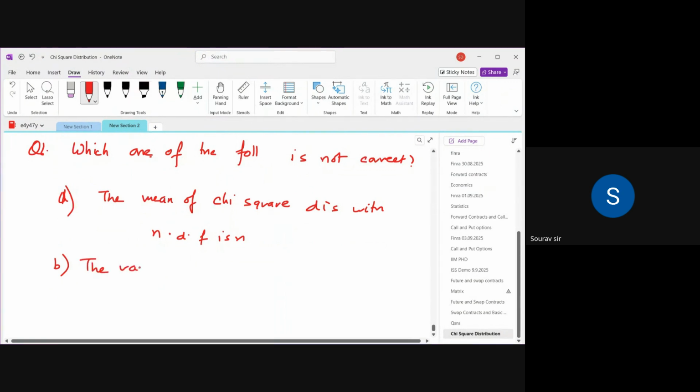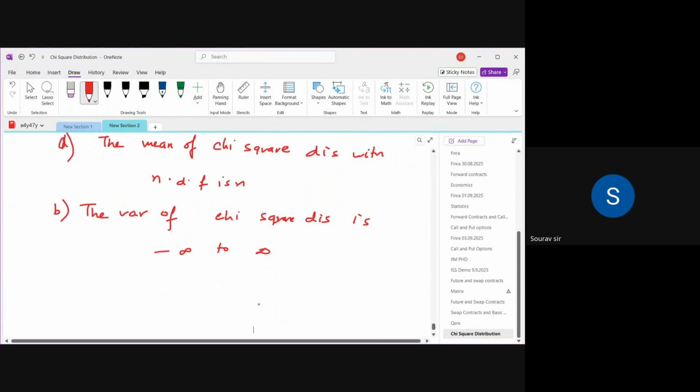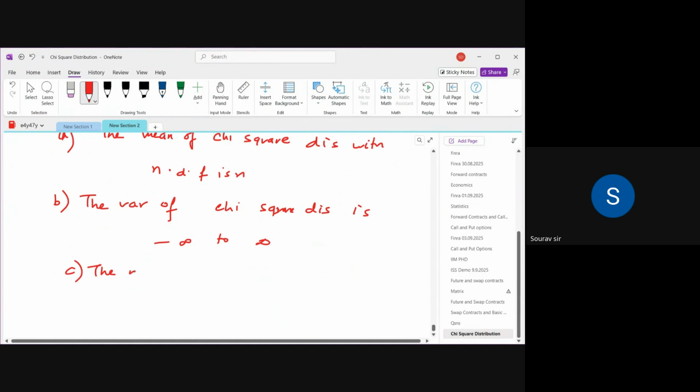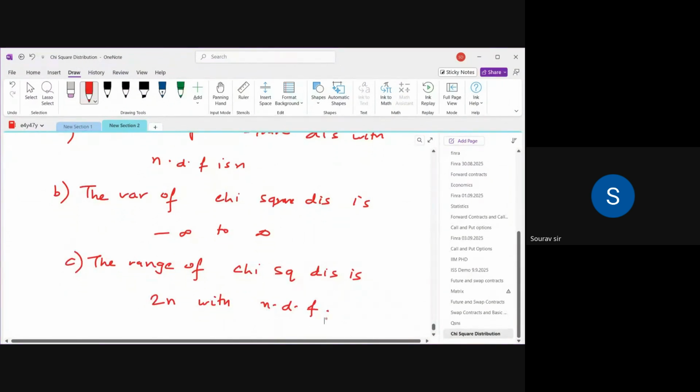Next, the variance of chi-square distribution is minus infinity to infinity. Or the range of chi-square distribution is 2n with n degrees of freedom. Or D,